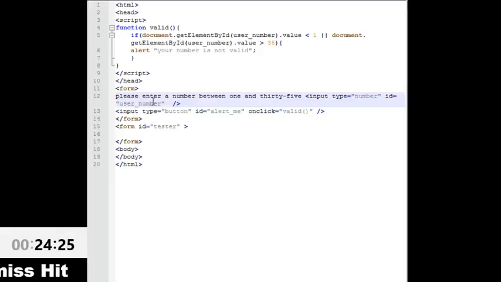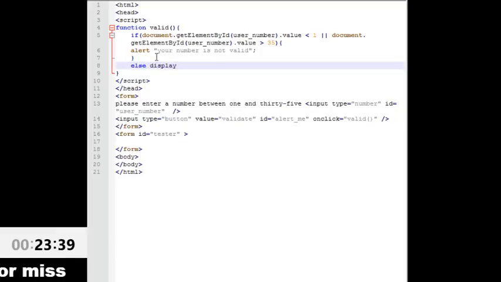So if it's valid, then it will call the valid function. The button's value is validate. So if they click the button validate, it will call the valid function, which checks if the value of user number is less than 1 or greater than 35. It alerts them, hey, your number's not valid, and it stops. Otherwise,